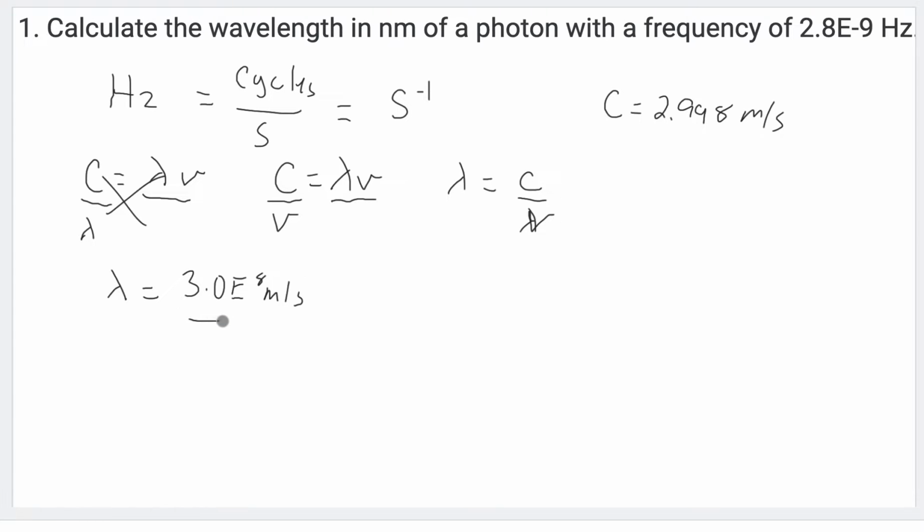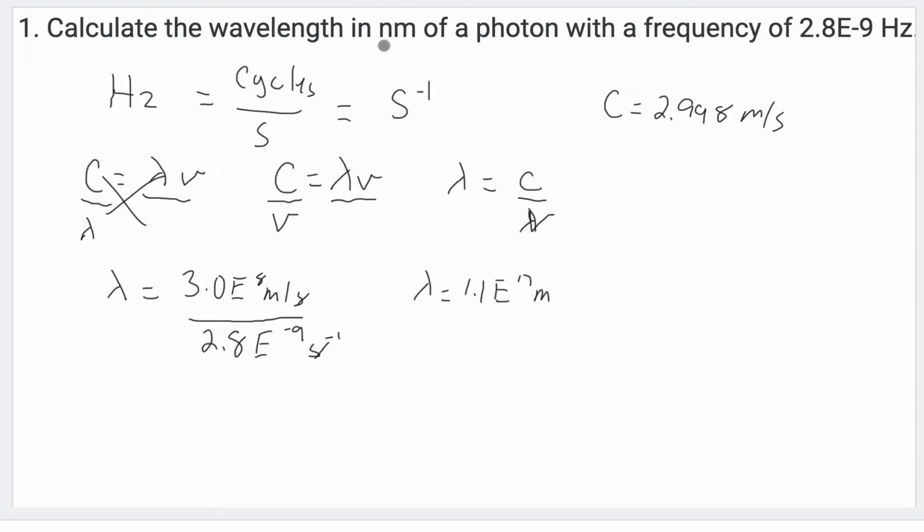We're going to divide that by the frequency, which is 2.8 e to the 9th, and that would be seconds to the -1. Your seconds will cancel when you divide those, and so you get that the wavelength is equal to 1.1 e to the 17th meters,